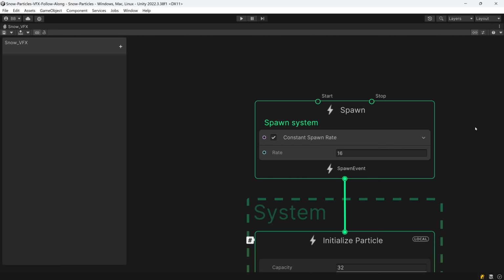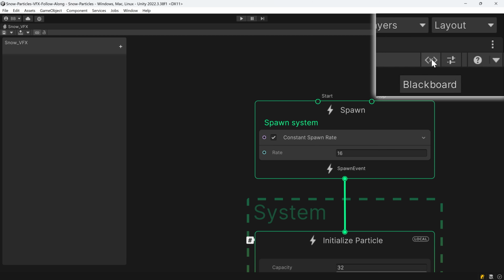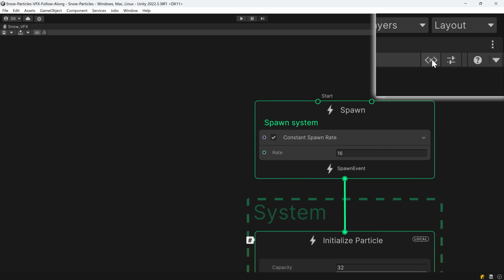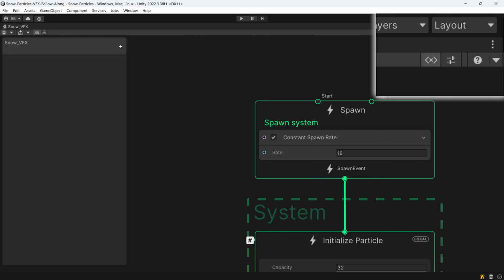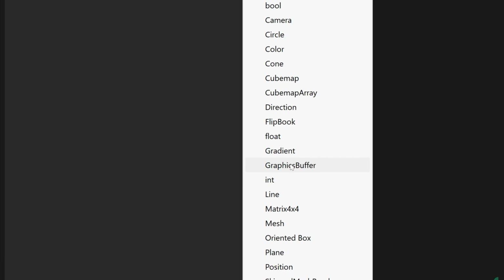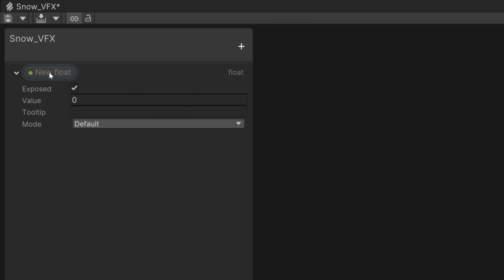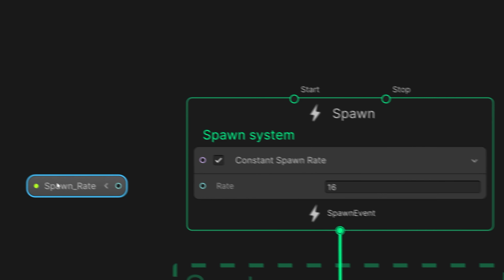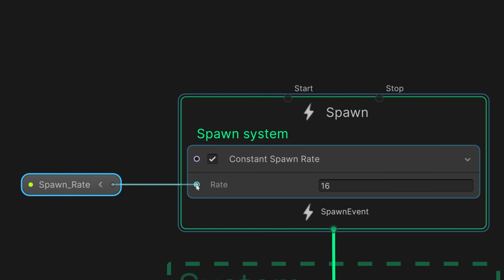This will differ between a snowstorm and small snow dusting, so we're going to expose this spawn rate as a property. To do that, make sure the blackboard is visible by clicking on the blackboard button in the top right corner of the window. Then, click on the plus button in the top right corner of the blackboard window and select float. Click the drop-down and make sure the exposed checkmark is on, because we want to be able to adjust this property for different effects. Also, set the default value to something like 250. To connect the exposed property with the graph, drag and drop it into the graph window and connect it to